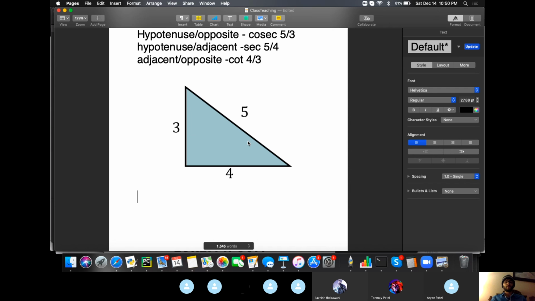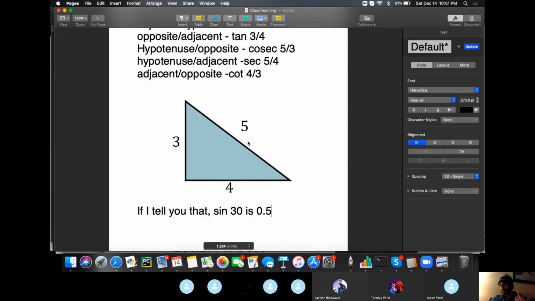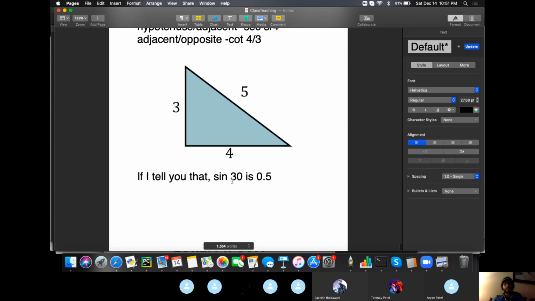So if I tell you that sine 30 is 0.5, pay very close attention to this problem. Very close attention. I don't want any messages at all until I'm done with this problem. If I tell you that sine 30 is 0.5